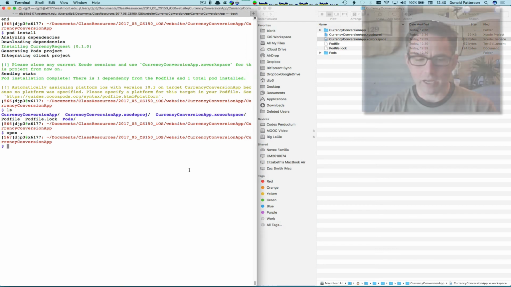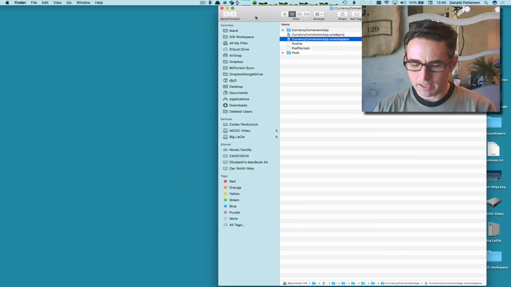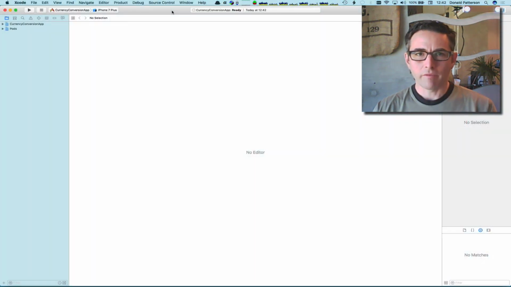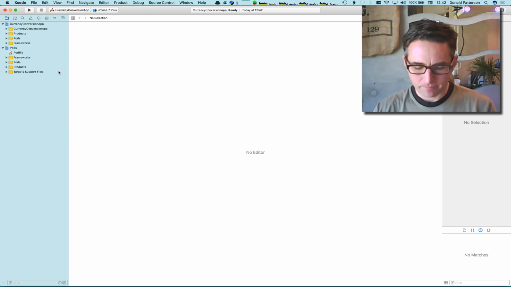And I'm going to go ahead and hide my terminal window and hide my Finder window because I'm not going to need those right away. If all goes well, your Xcode project is going to reopen, and what you're going to find is that your project, after it finishes indexing the files, will now have a directory over here called Pods, and that's the directory that we're going to leverage as our third-party library. Okay,